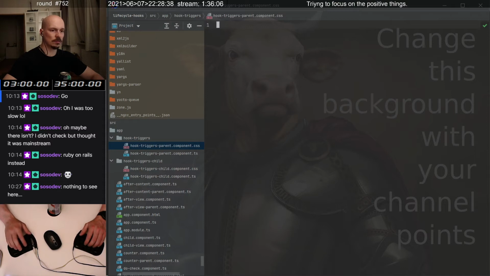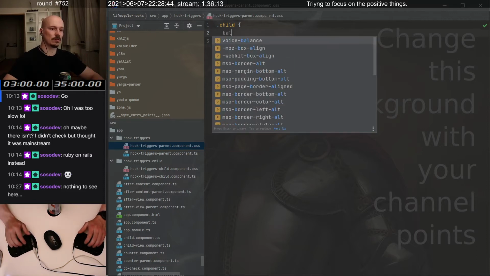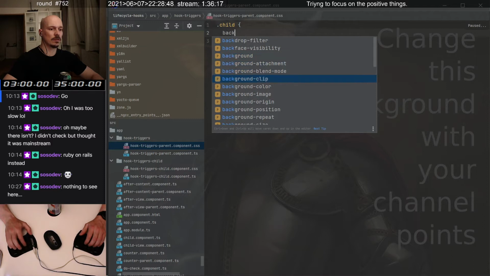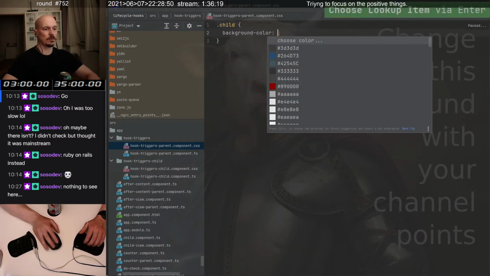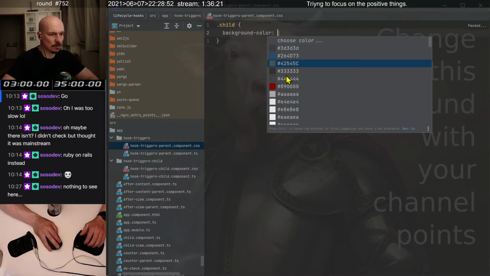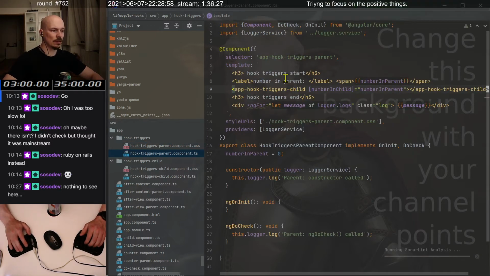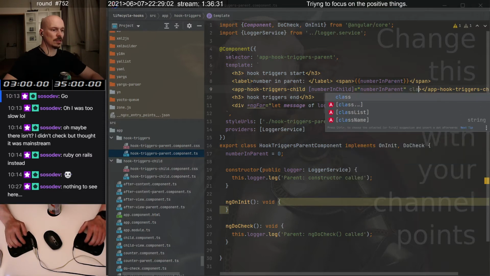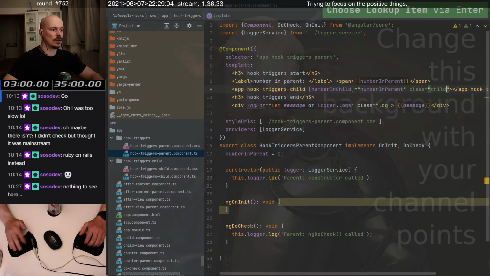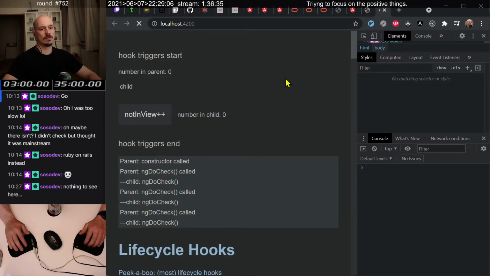The selector will be child, and we will set up the background color, and we will choose something nice. This looks nice, right? Okay, cool. Then we will go back in here and apply the style. So we say class and it is child. Here we go. So now if we reload it,